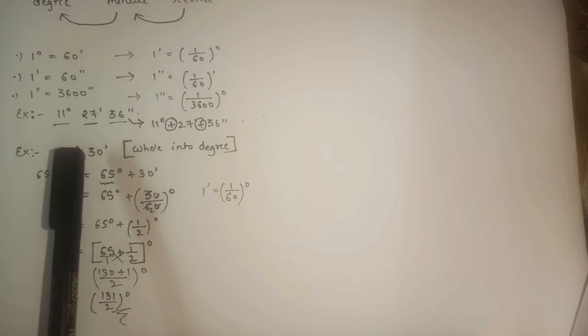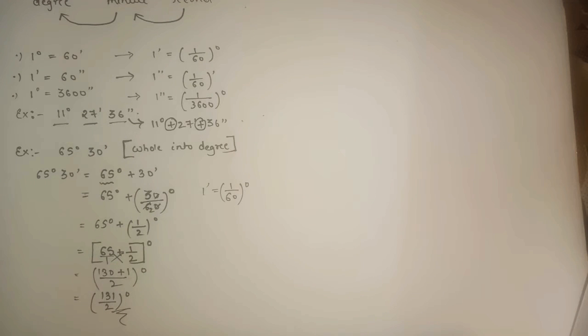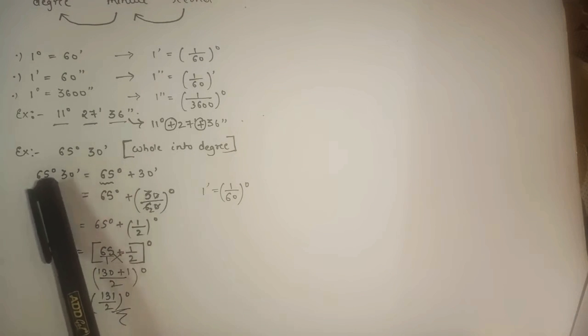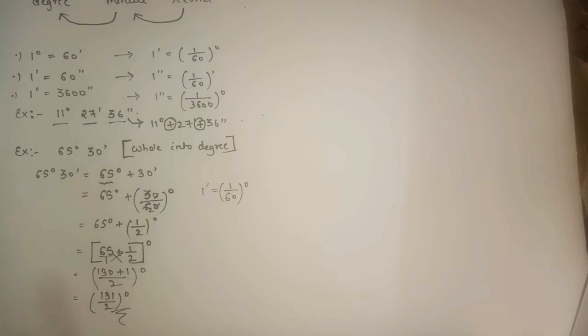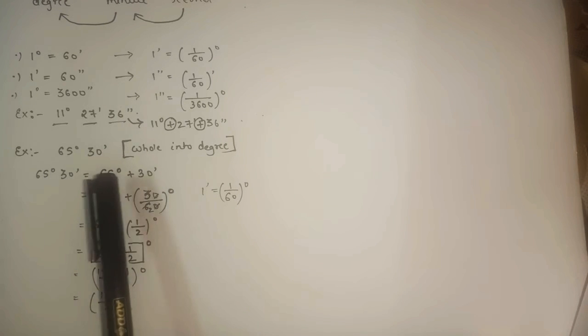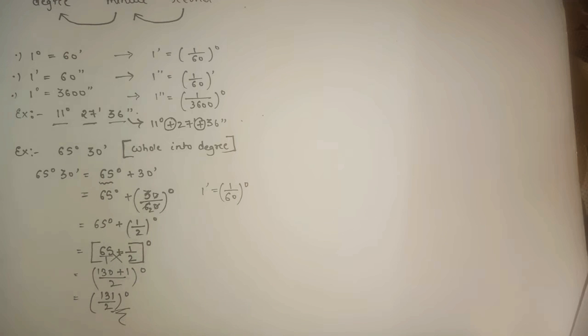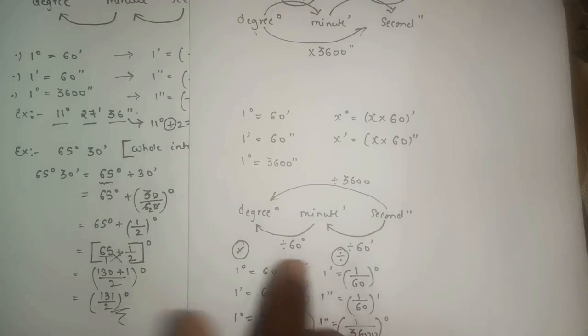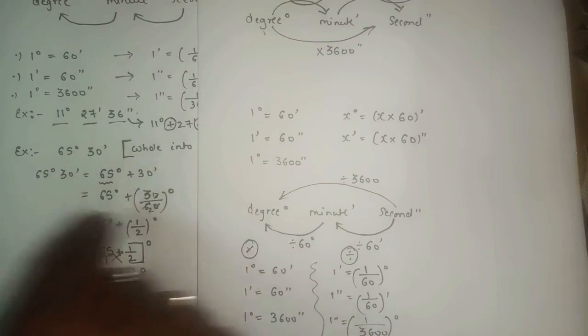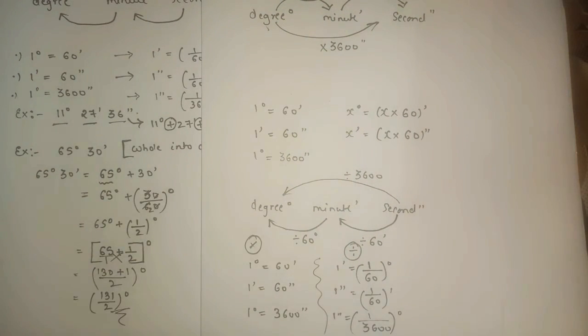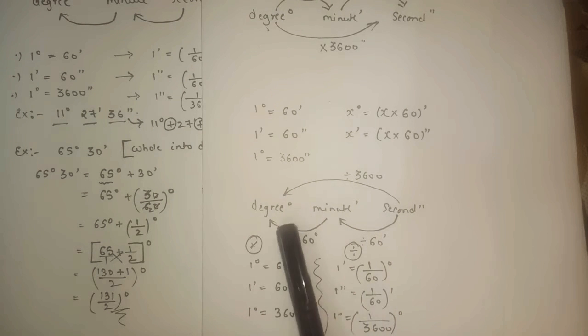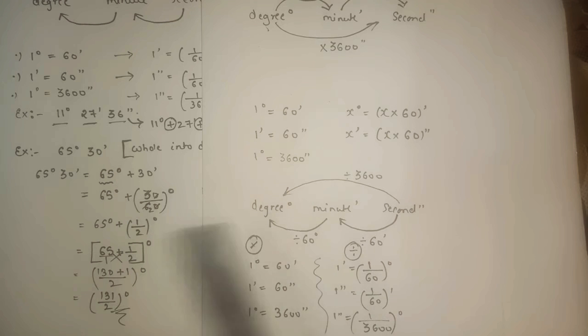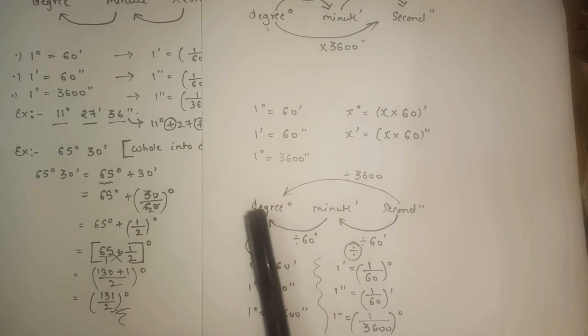How to convert whenever you come across a sum like this, degree and minute, and it says that you have to convert the whole section into degree. So simply what you will do, between these two you will write plus, and already the first part is in degree, so we'll keep that section as it is. But we have to convert the minute into degree. So we know the relation from minute to degree. What is the relation? Simply you have to divide that number by 60, then only it will get converted into degree.